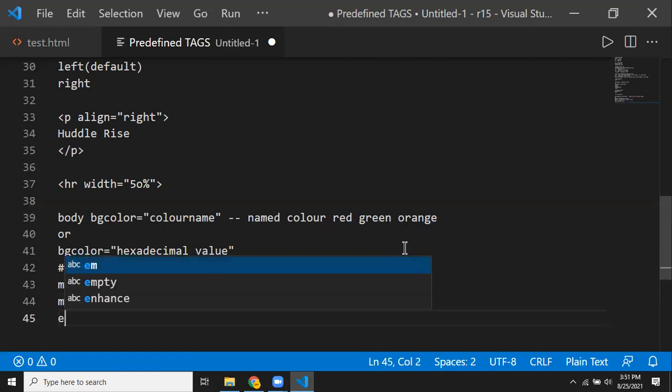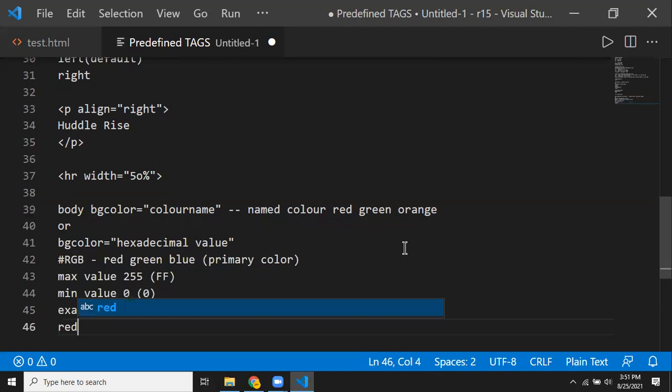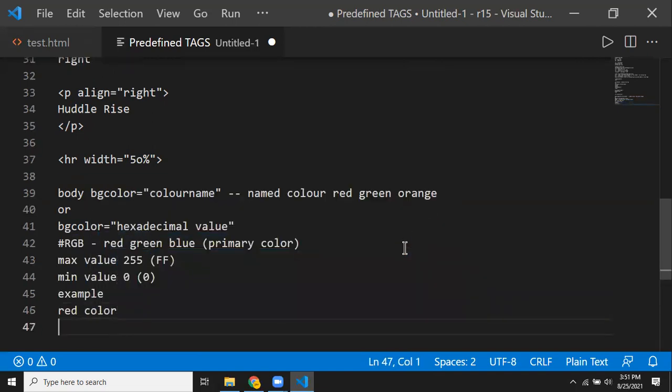For example, let us say I want to get the red color. So what are we going to do? We are going to use the max red value. So FF I'll be using. FF stands for 255 there, and then 0 0 I'm using for the G, that is green, and the next one is blue for me, right? Two digits for the hexadecimal values: first 2 digits for the red, 2 digits for the green, 2 digits for the blue. Now for the red color I'm using it like this.